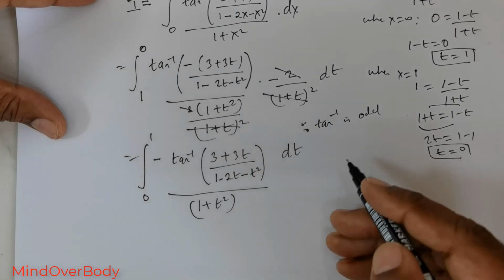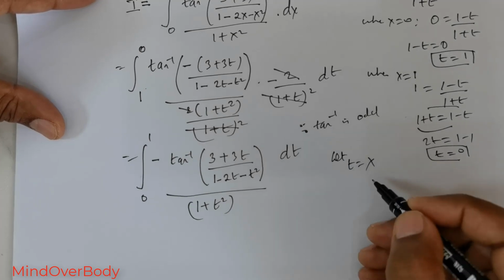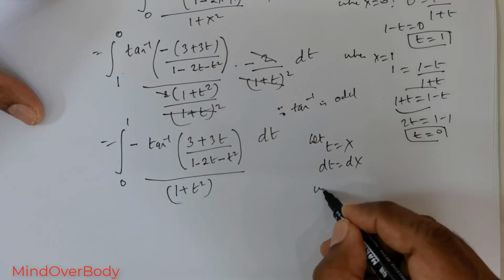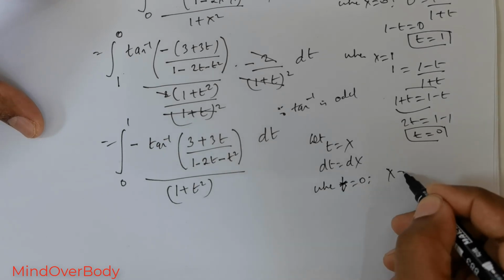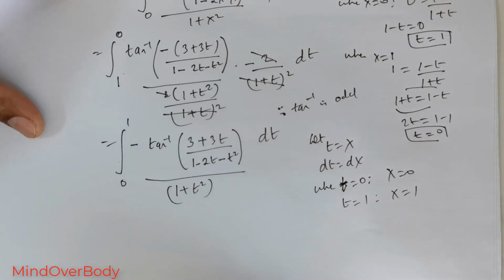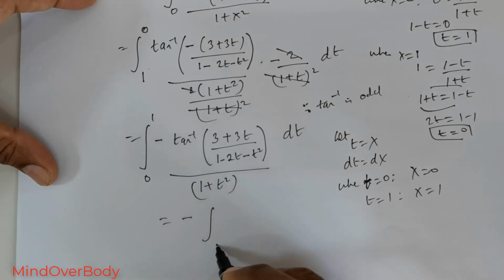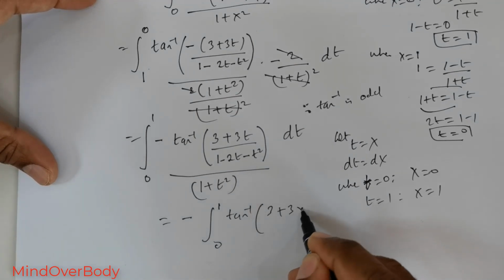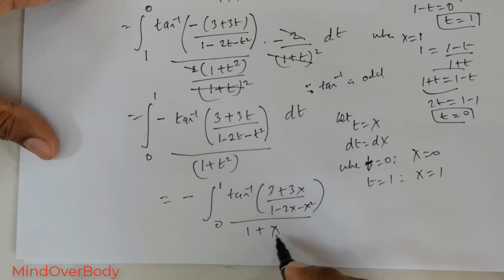Now after coming here, what I wish to do is make a substitution. Let t be equal to x and dt will be equal to dx. When t is equal to 0, x is equal to 0, when t is equal to 1, x is equal to 1. So we are reverting back to the x variable. So this is equal to negative integral 0 to 1 tan inverse of 3 positive 3x divided by 1 negative 2x negative x squared divided by 1 positive x squared